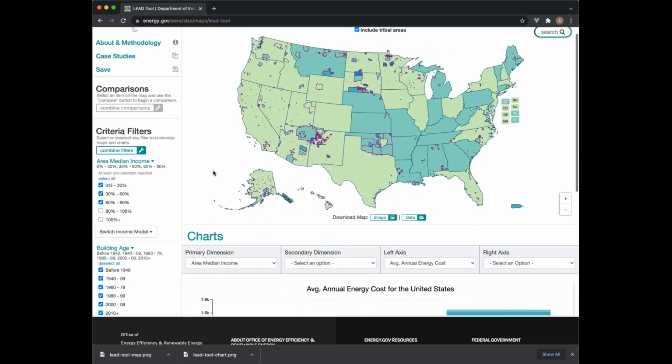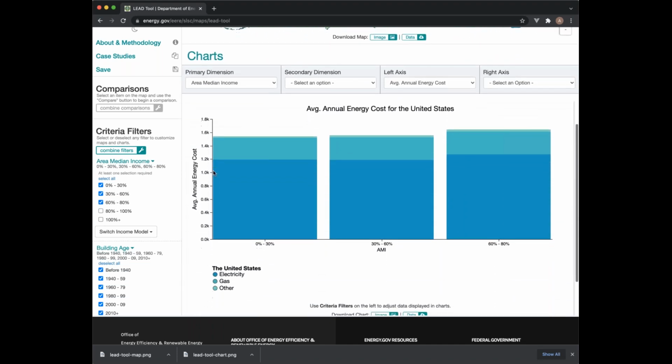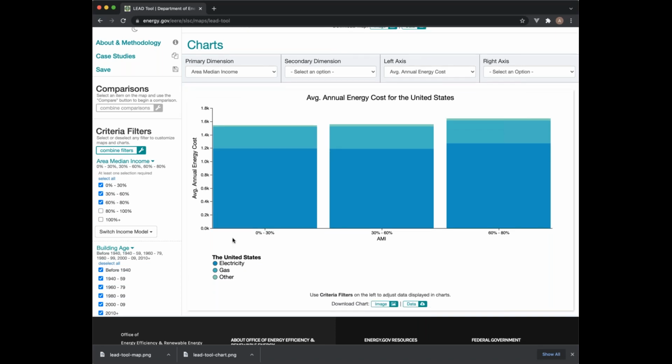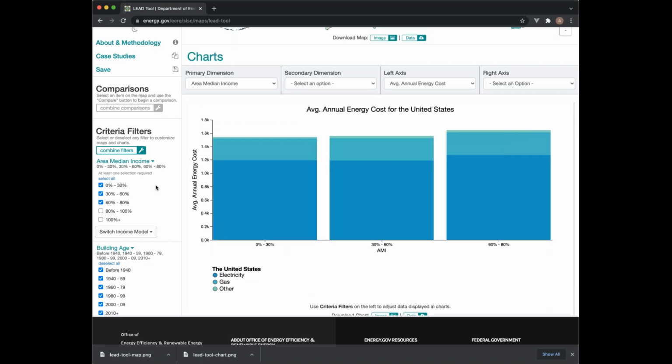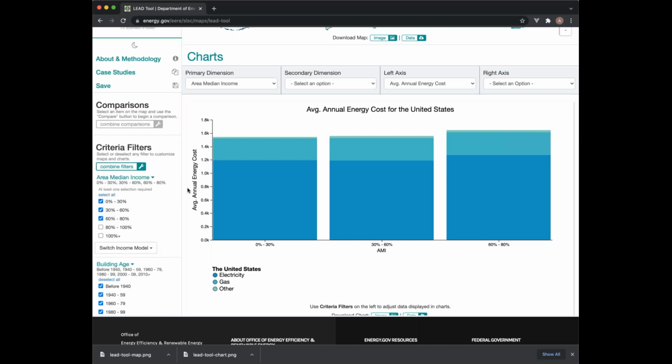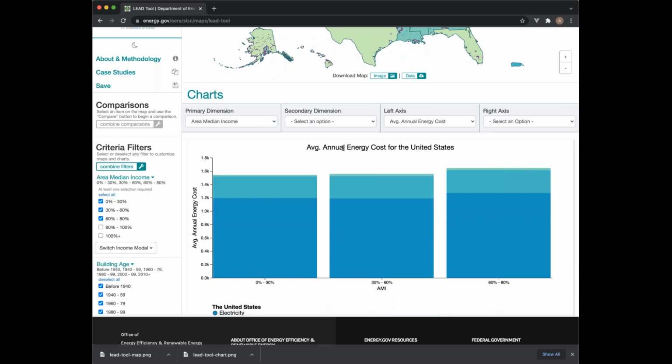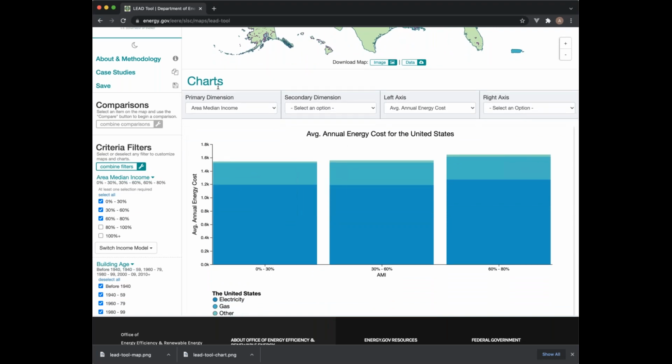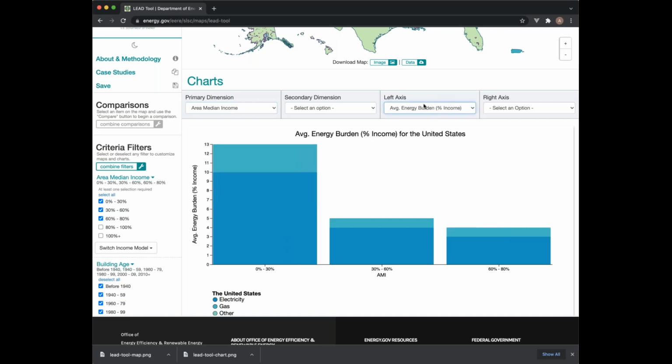And then I will scroll down below the map here. You can see it's kind of a wide chart at this point because there's not too much on it. But this chart also will respond to the inputs that you select over here from these filters. In this case, it's just showing a breakdown of the average annual energy costs for area median income. I have just these three filters selected, and so those are the three values that show here. But it shows a breakdown of the electrical, gas, and other energy costs that go into this value of average annual energy cost. However, we can also switch it to energy burden if we prefer, and that shows the electrical, gas, and other burden